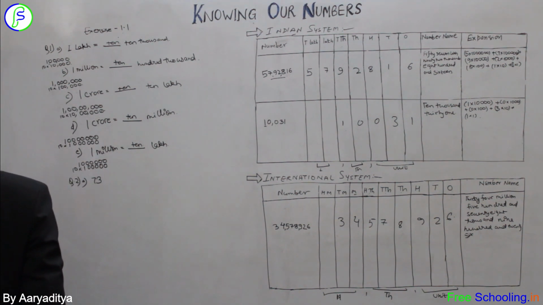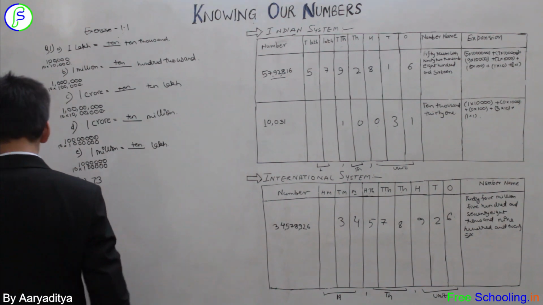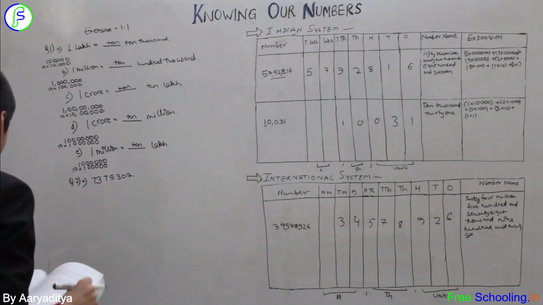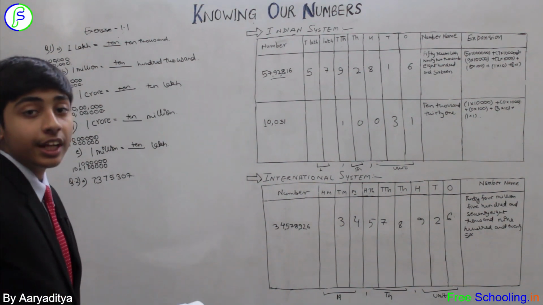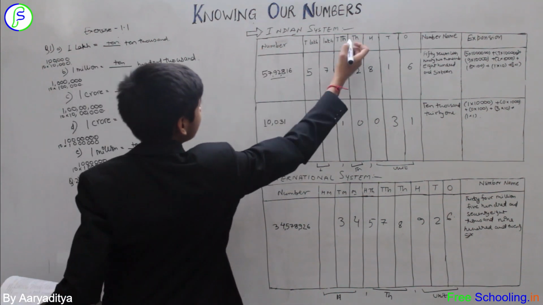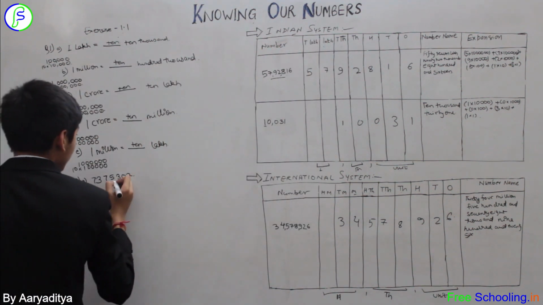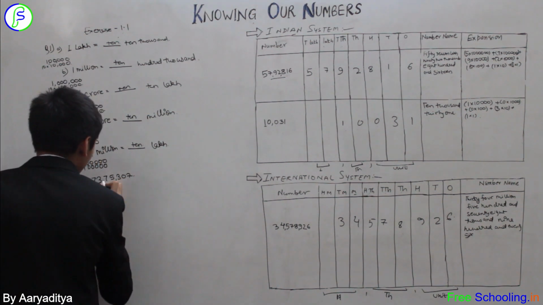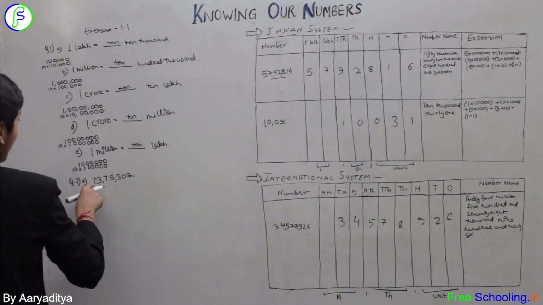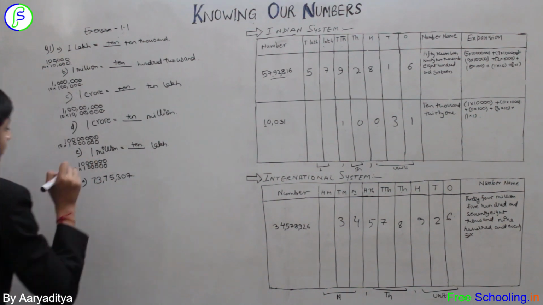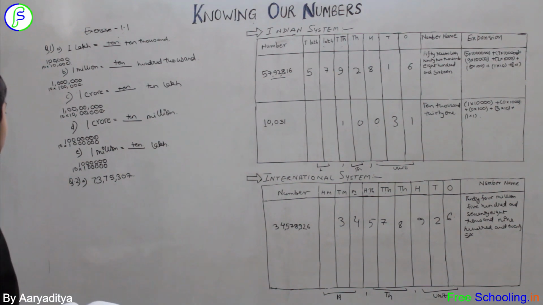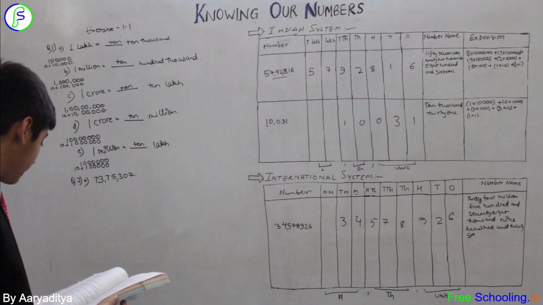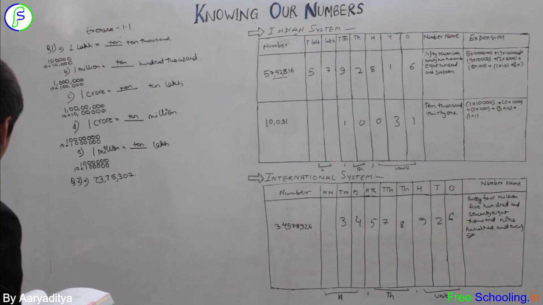Okay, 75,307. As we can see, lakh has been mentioned in the question, so we directly go to the Indian system. Now we start inserting commas according to the Indian system, leaving the first three digits from the right side, then the next two, then the next two. But we do not have a number in front of it, therefore we will not insert a comma. So what is the number? It is 73,75,307, and when we match this one, okay, we got the correct answer.